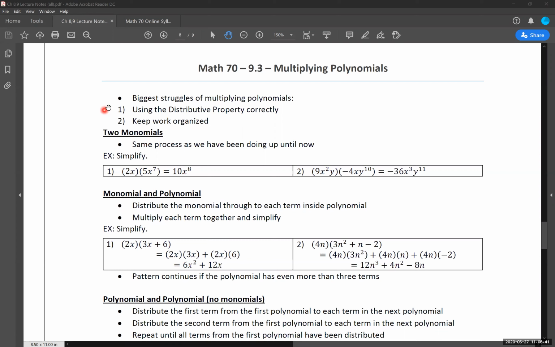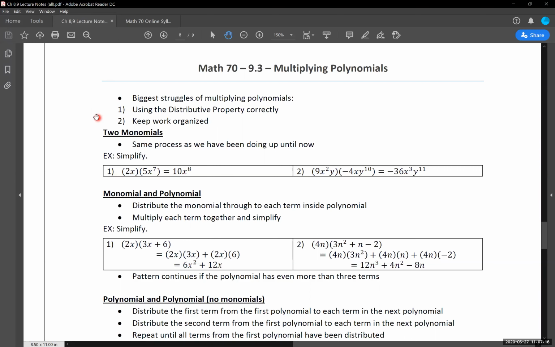A lot of people will rush this step and subsequently not keep their work organized in that process. We're going to see with a couple of examples farther down that these things can and will become a mess really fast if you do not do these two things, primarily keeping your work organized. I think everyone has their own personal way of organizing the work, which I'm mostly okay with, as long as you can keep track of what you're doing, what steps you're at, what you're doing next, and what numbers are multiplying together. That's the important part.